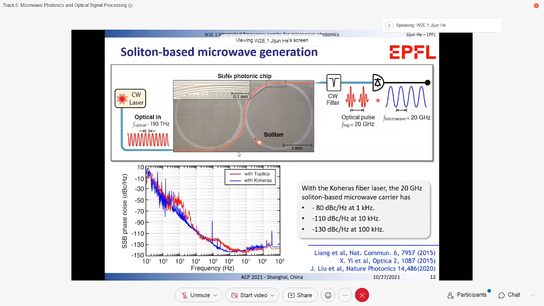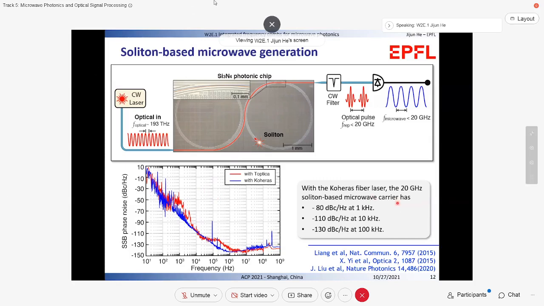So the direct application of a microwave repetition rate soliton is that we can get the microwave signal by simply detecting the soliton pulse with a high-speed PD, as shown in this schematic. So this figure shows the single sideband phase noise of the detected soliton pumped with either the Toptica diode laser or coherent fiber laser. With the coherent fiber laser, the 20 GHz soliton-based microwave carrier exhibits low phase noise,